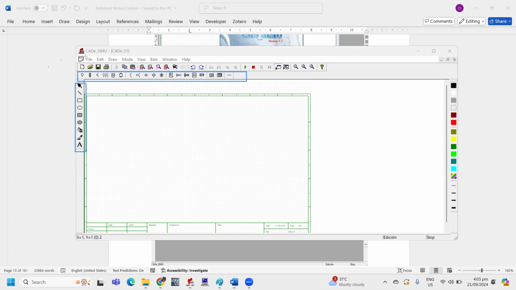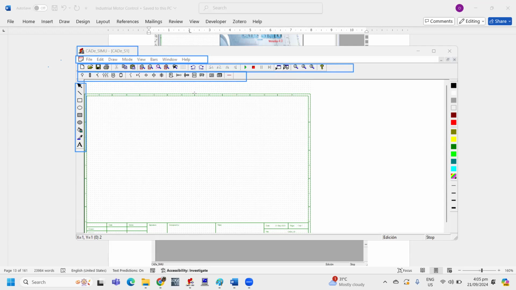Next is what we call the pull down menus. These are the pull down menus. And here in the middle is what we call the workspace toolbar. The other part of this simulation software is the title bar. The title bar shows the file name of your design or project.